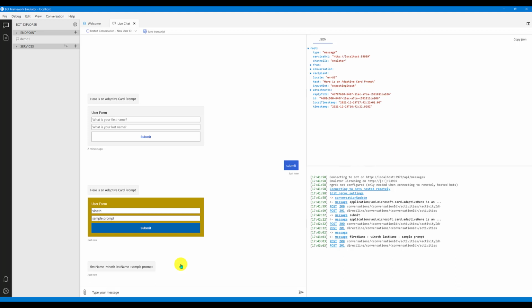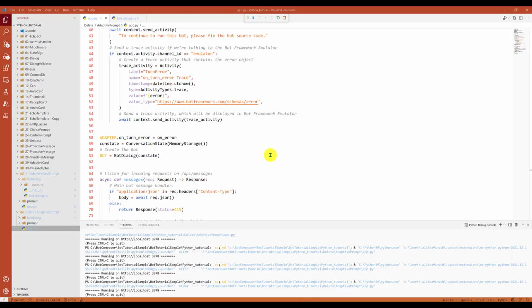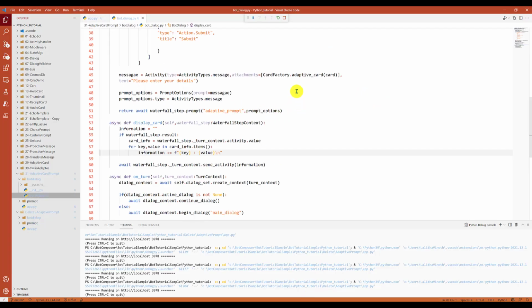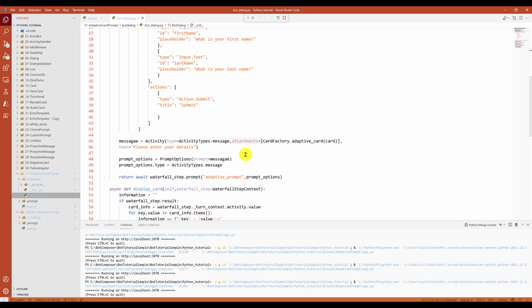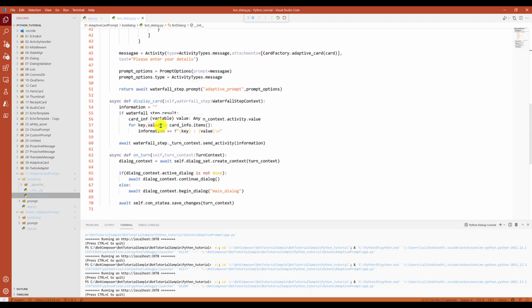The result is passed and it will go to the next waterfall step. In the next step we are displaying the data. Here you can see, once succeeded, we call the next function, display card, and in the display card we are displaying the data. That's it.